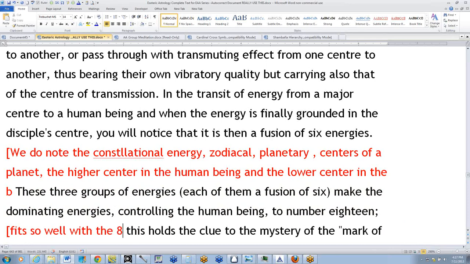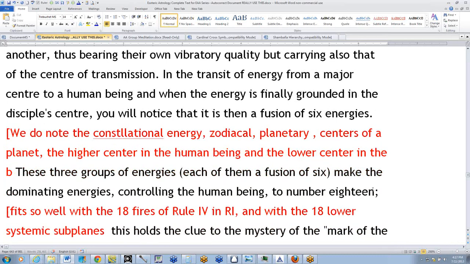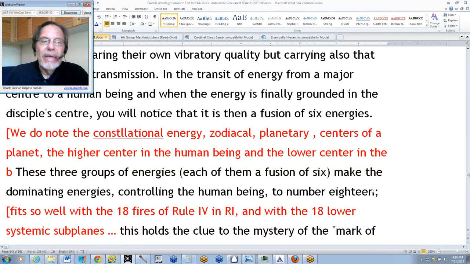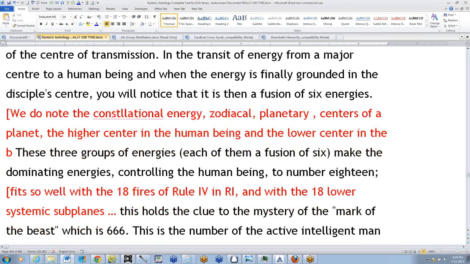with the 18 fires of Rule 4 in Raise and Initiation, and with the 18 lower systemic subplanes, which we can count out on any map of the planes. And this holds the clue to the mark of the beast, I suppose, which is 666. 3 into 18 is 6. So we connect the beast with the lower centers, particularly base of spine, I suppose sacral center, and solar plexus,